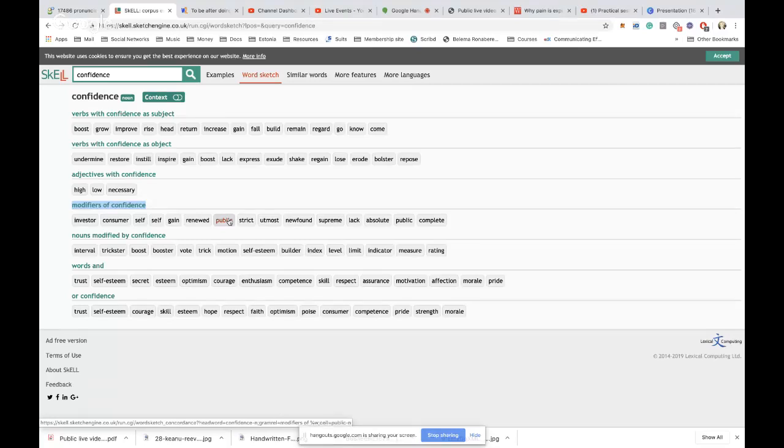So that's a great way to expand your vocabulary, to learn to use more synonyms and to make your language a lot richer, to make your speech richer. You can lack confidence, absolute confidence. And here are the words that come after, right? The word confidence. Confidence vote, confidence booster, confidence self-esteem, confidence index, confidence level, or you can say index of confidence, level of confidence, indicator of confidence, or confidence indicator. All right, and